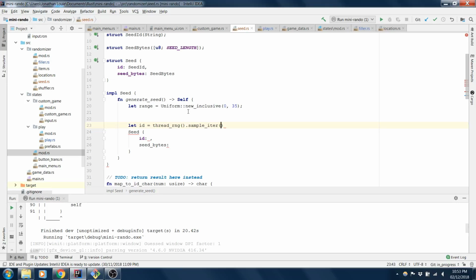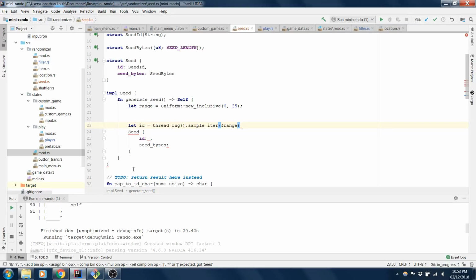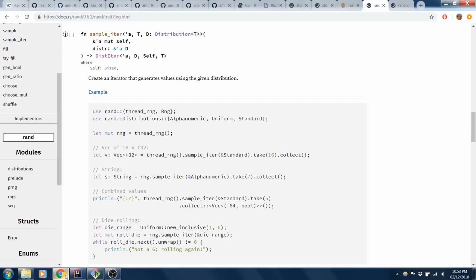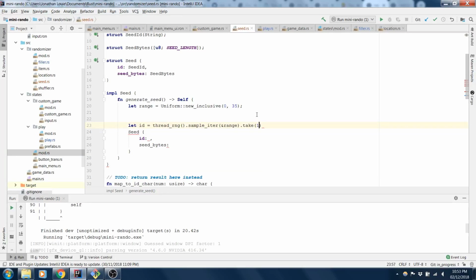Give it a reference to range, we're going to map it, we're actually going to take the first